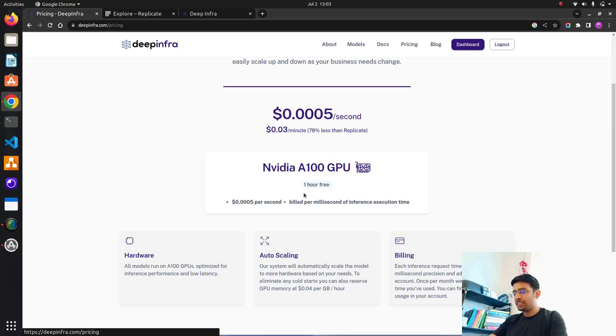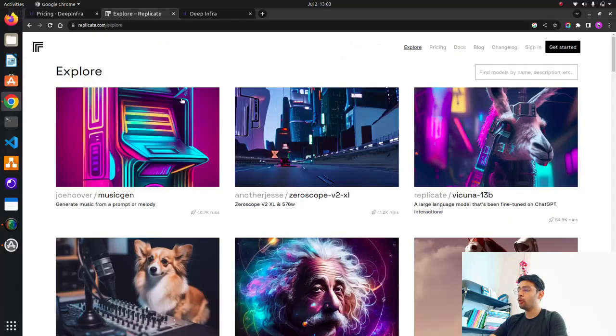Okay, and you can see, right, 1 hour is free, and it has been billed at 0.0005. It's very minimal, right, per second. It's billed per millisecond, and if you compare per minute, it's 0.03 per minute, which is 78% less than Replicate. So Replicate, if you come over here on Replicate,